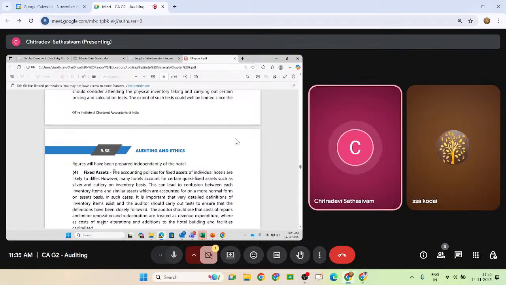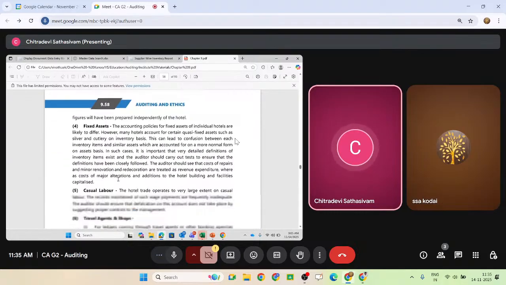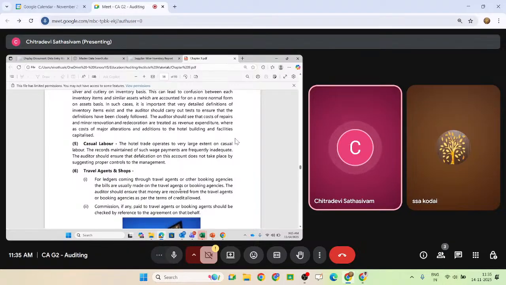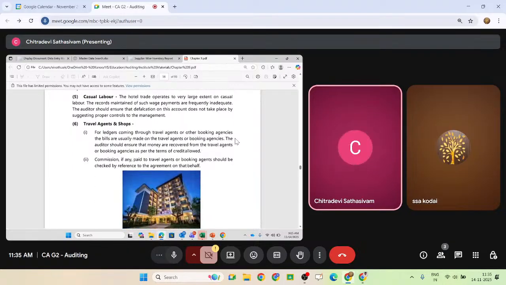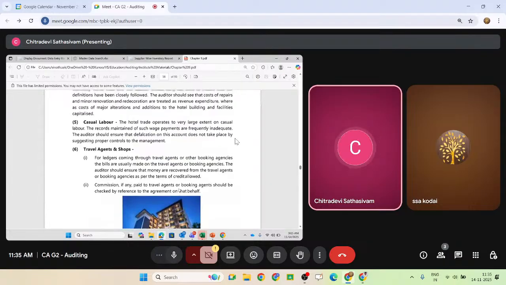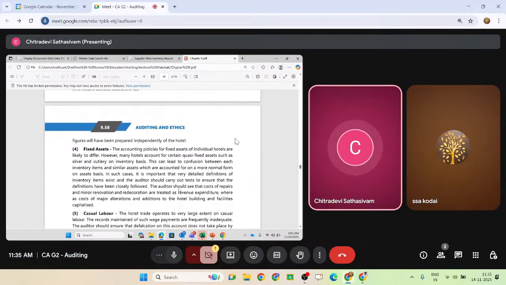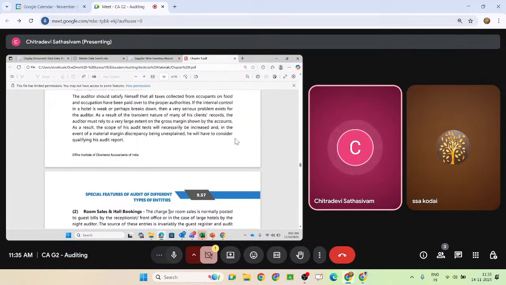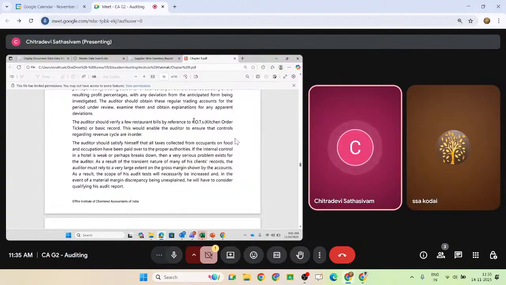Whenever you do your articleship, you also enjoy and experience it. But at the same time, you have to focus on fixed assets, travel agents. I told you, travel and booking agencies, they will have the desk to use the team, and all these things will be there. So here also you have to paragraphize, and again the same logic applies, fixed assets and these things. The only thing is that for the portal you have the CAG2 tickets, kitchen order tickets.